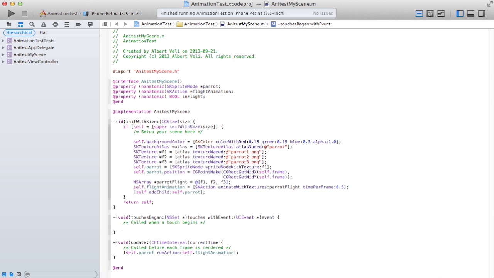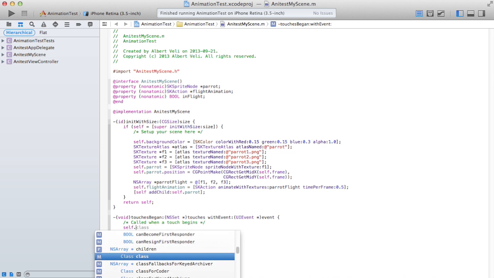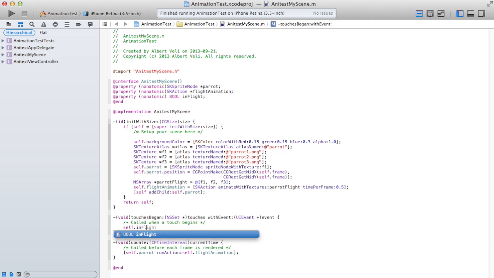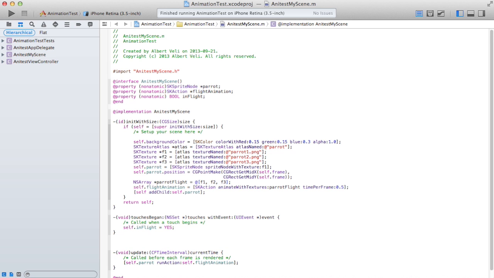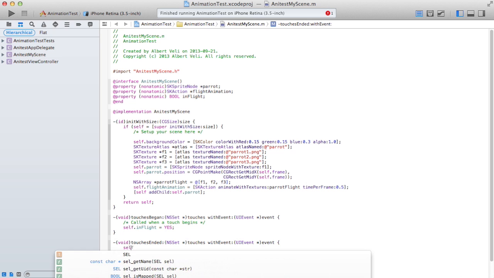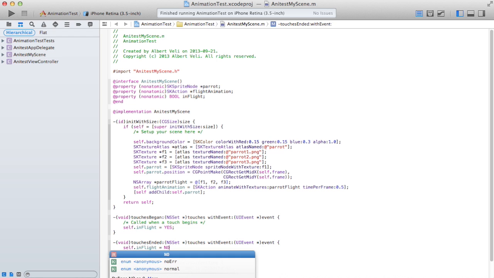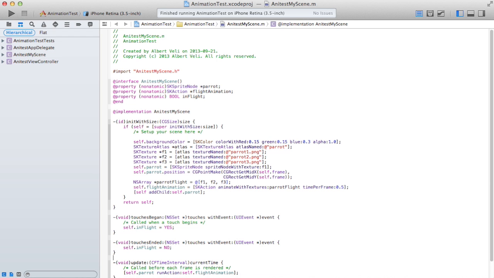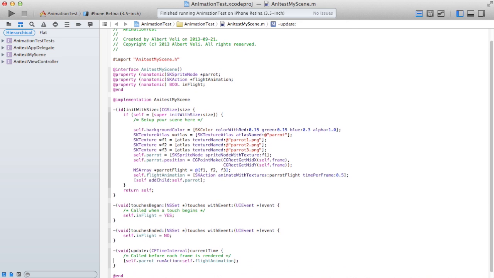But here in the touches began, I'm just gonna set the boolean self.inFlight yes. And we need one touches ended too. Touches ended. And there, as you might imagine, just set inFlight to no. And then in this update method, look at